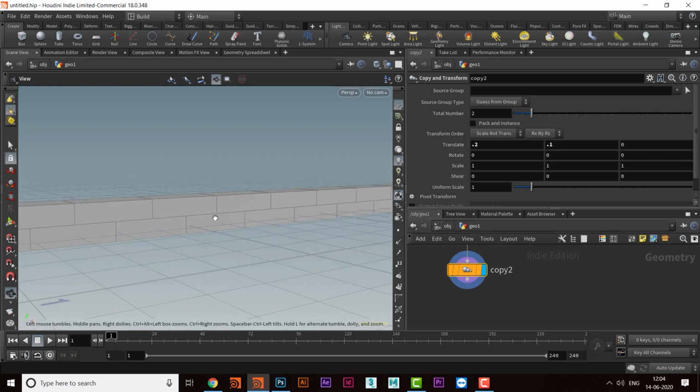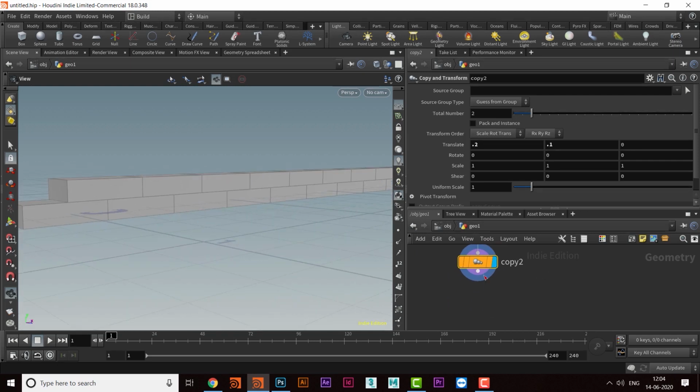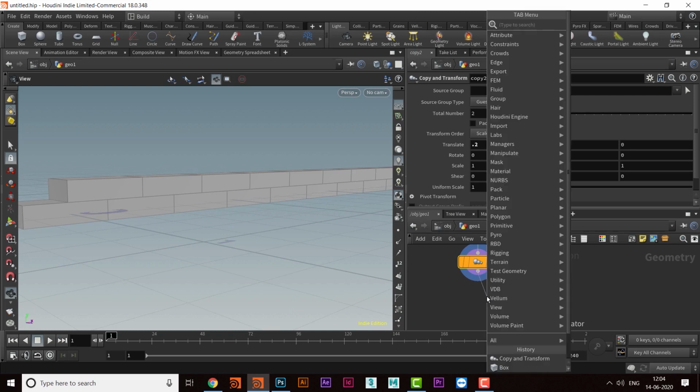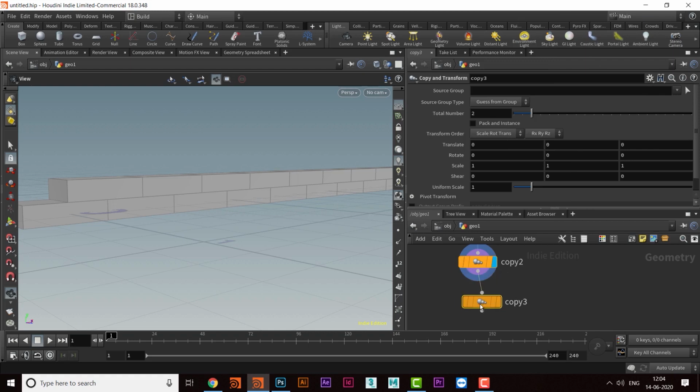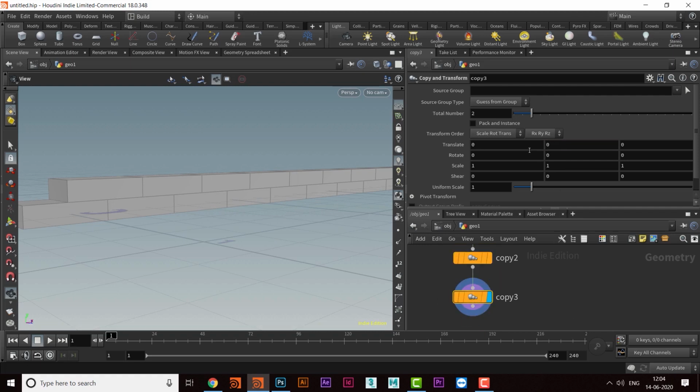And to create the same pattern, we will take one more copy. So I'll go ahead and take copy and transform again, and then I will take it upwards, double of this, that is 0.2.